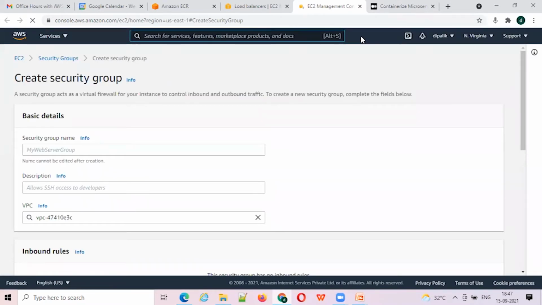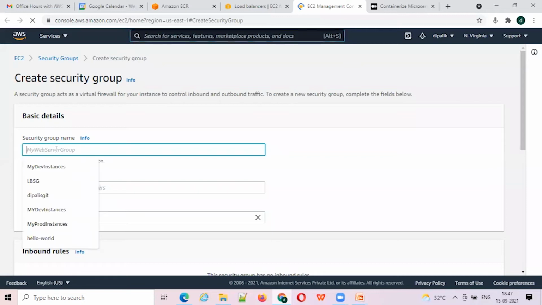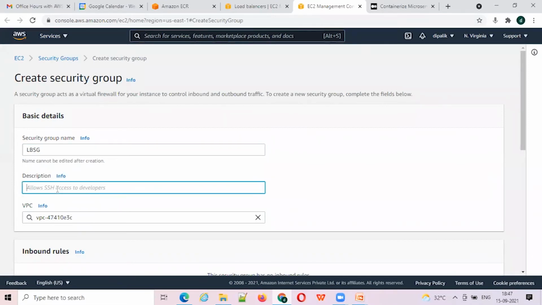Why are we creating a new security group? Because we want to allow all the traffic coming from port 80. So let's say load balancer security group. Same, I can give any description.